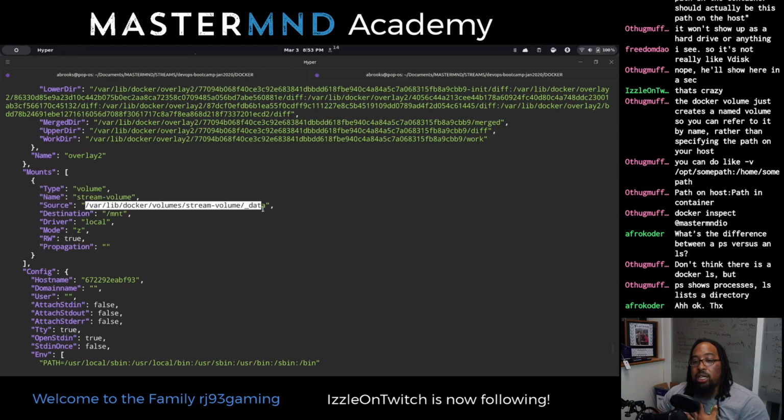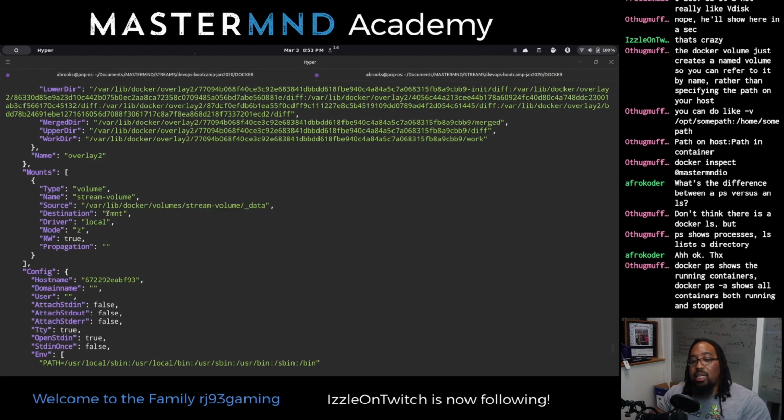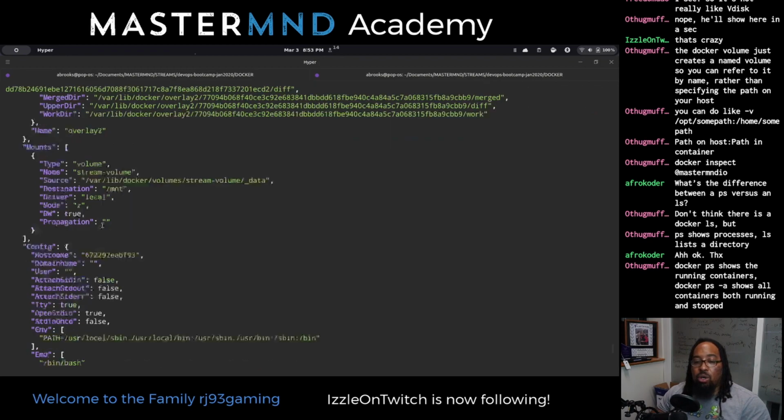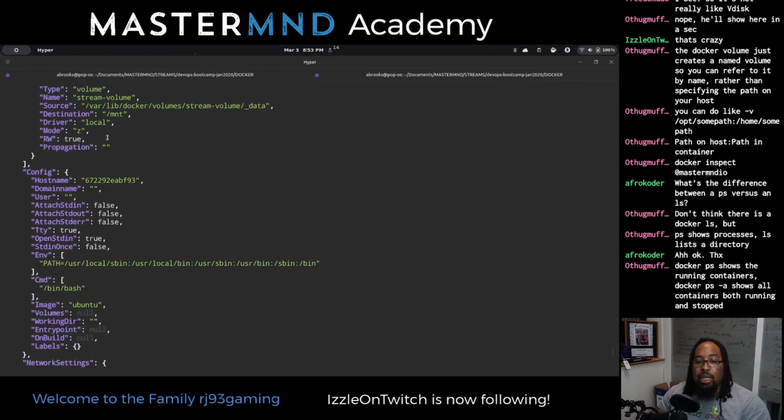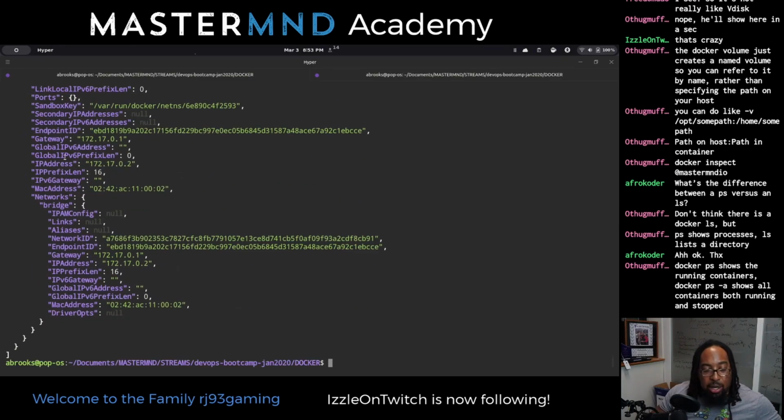The source is here. So this is actually the place on my local computer that this information is going to be saved. On the host machine is where this stuff is going to be saved. This is the destination on the container that it's connected to. So whatever I put into the mount directory here will go into this source, like it'll actually be saved on my computer. And I'm pretty sure it works vice versa as well. I'm pretty sure I could put things in my host machine here and you would see it inside of here. The driver is local. Yeah, so you can get that information. You can also find out other things about your running container.